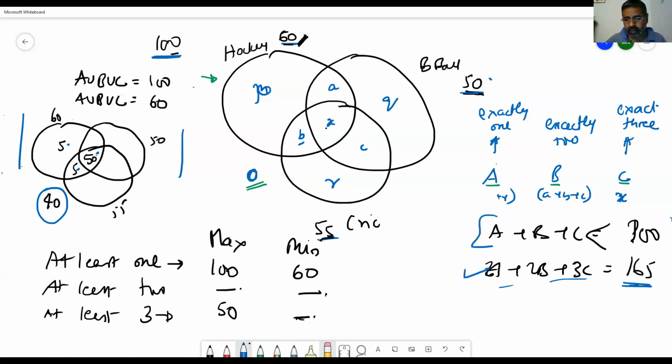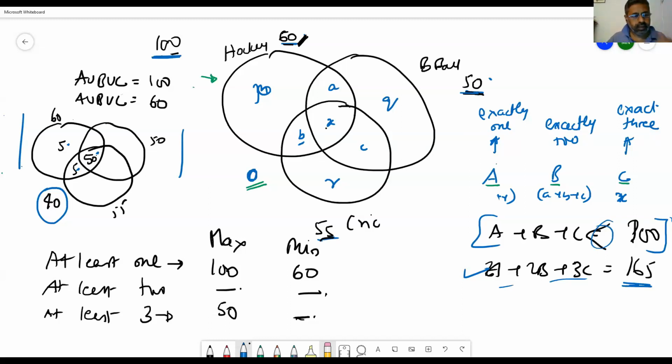But this constraint I'm removing now. So that's why it's becoming complex. That's what I'm trying to tell you. If this condition is there, that's easy. When this condition is given as equal to 100, or you're given specific values for A union B union C, then you get two equations. You can remove some of those variables, and then you can manipulate. But when this becomes indeterminate, then you cannot use this method. That's all I'm trying to say.